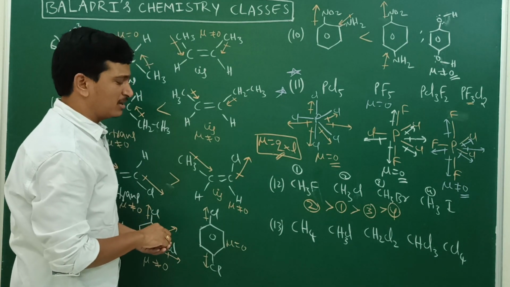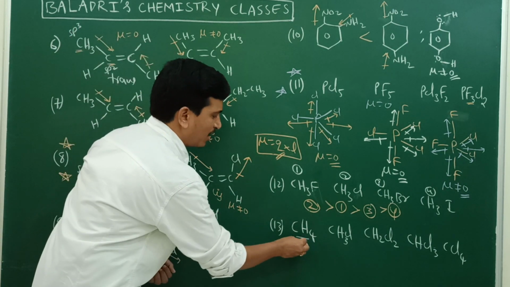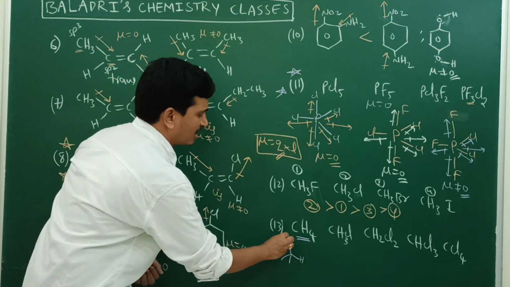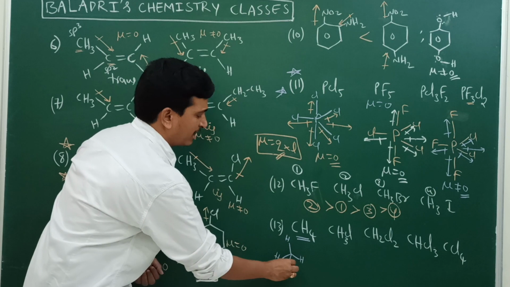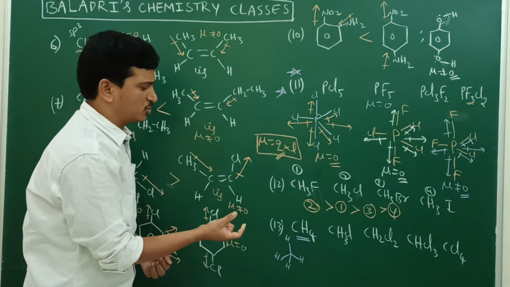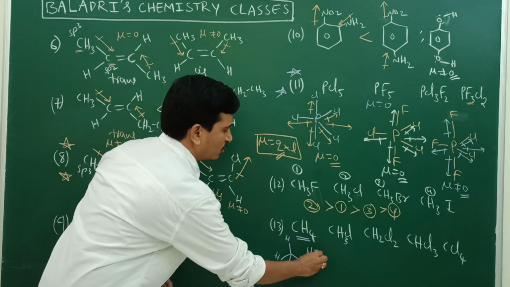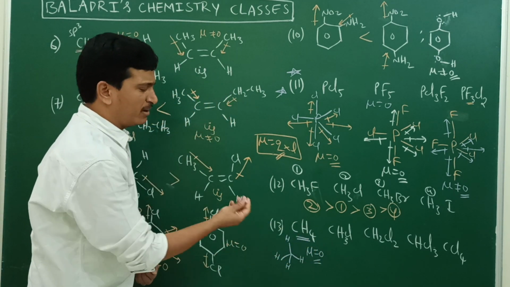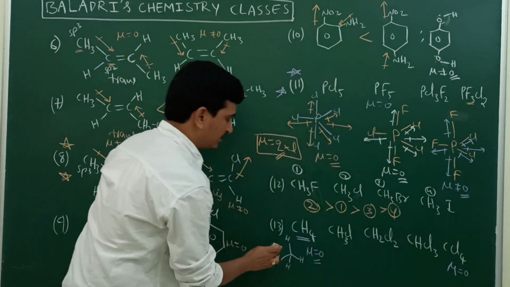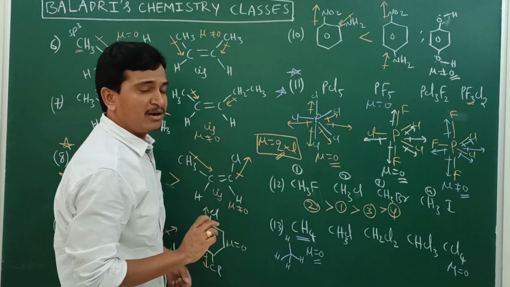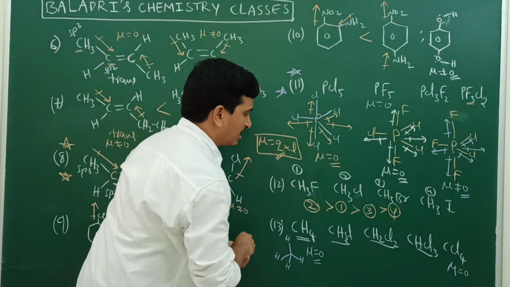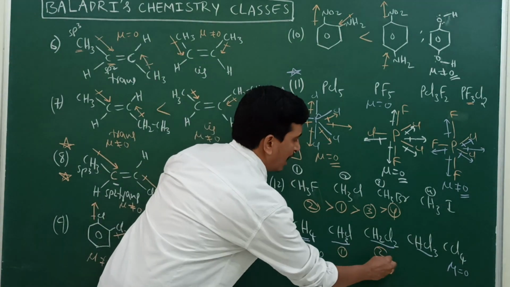Now come to the last example, the 13th example. The methane molecule is perfectly tetrahedral. When you consider the tetrahedral, all the bonds are to hydrogens only. Tetrahedral means 4 faces will be there. Every 2 opposite faces are equal and opposite. That's why the resulting dipole moment is 0. For the CH4 molecule, the resulting dipole moment is 0. And for the CCl4 molecule also, the resulting dipole moment is 0. This is non-polar, and this is also non-polar. Now when you come to these 3 examples, let me give the numbering here. So this is 1, this is 2, and this is 3.